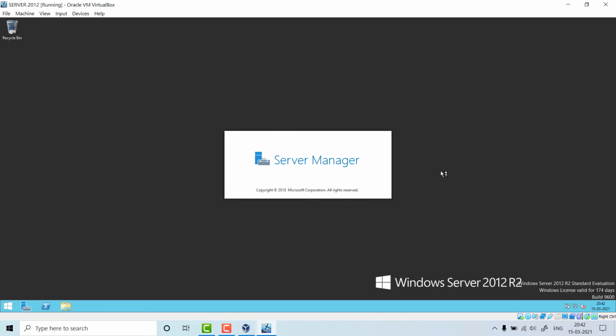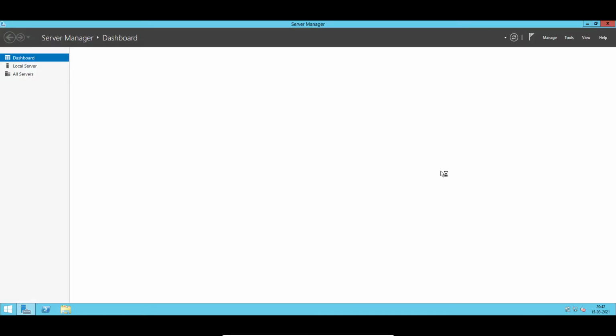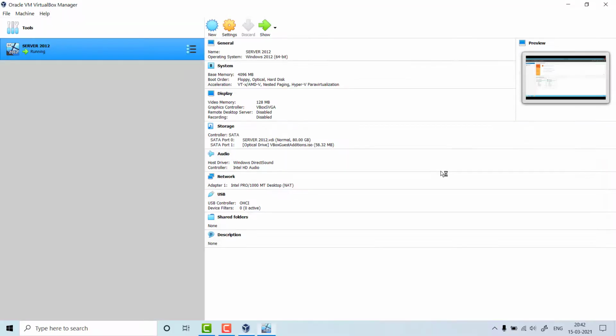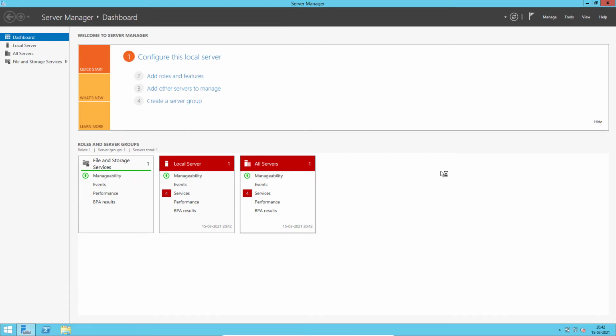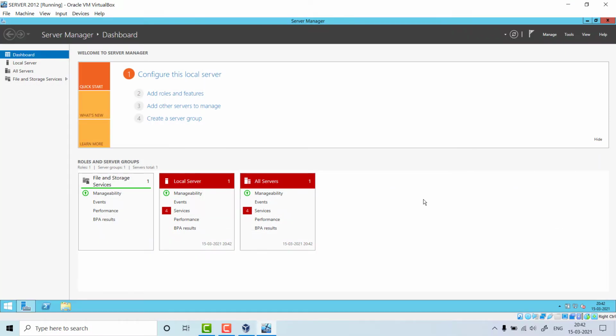One more thing: Control F, I told you before, is for full screen. See students, once I press Control F, it is completely full screen. Now if you want to move again to your Windows 10 operating system, you have to press Control F again.